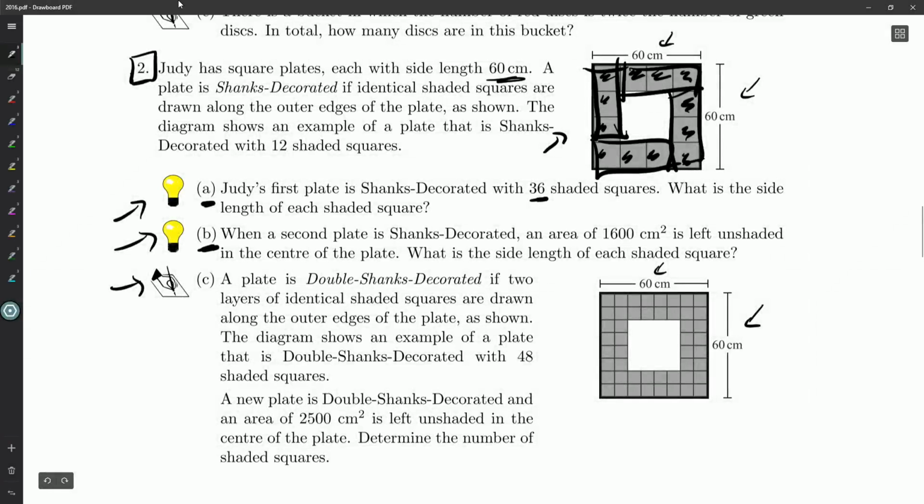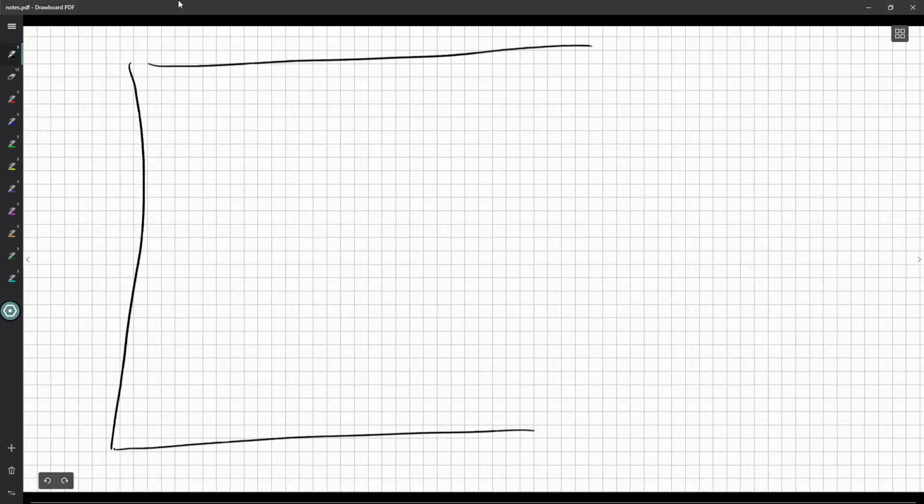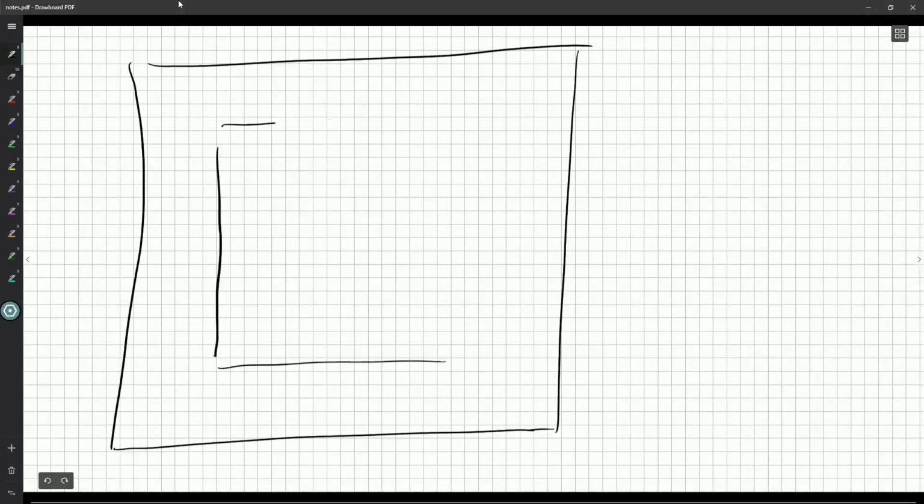Okay? So we'll get some space for B part. When a second plate is shanks decorated, an area of 1,600 centimeters squared is left unshaded in the center of the plate, so this part here. What is the side length, again, of each shaded square? Okay. So, well, let's draw the picture again, but we'll put a little more emphasis on the unshaded part. Now, did they say it's a square in the middle, or do I need to justify it? I guess I don't need to justify it because it's still a light bulb, but